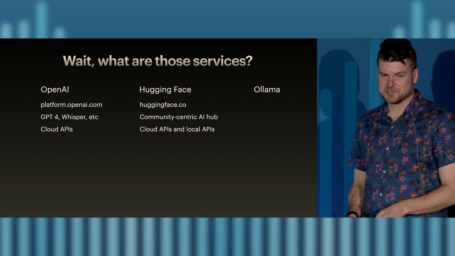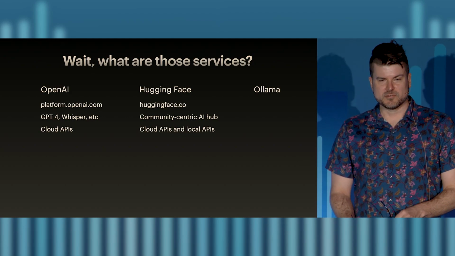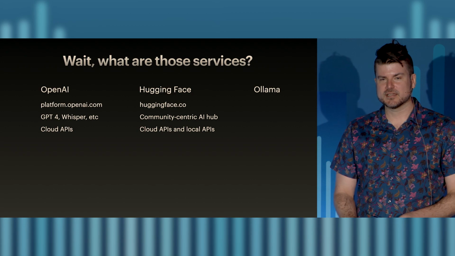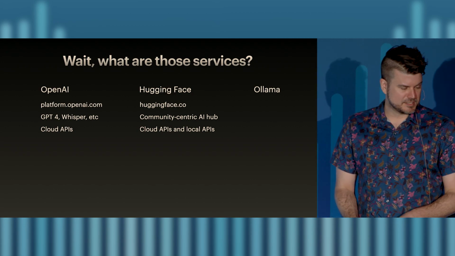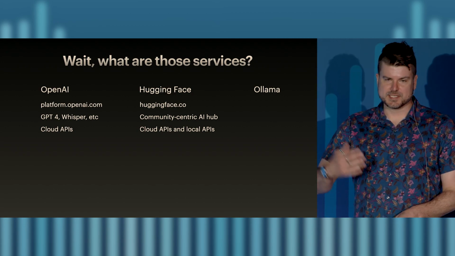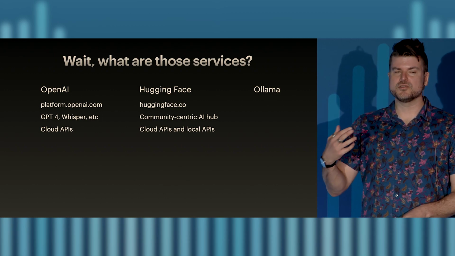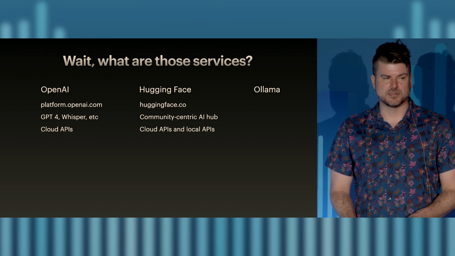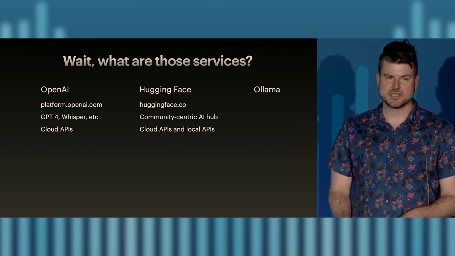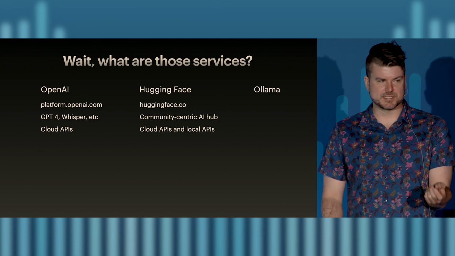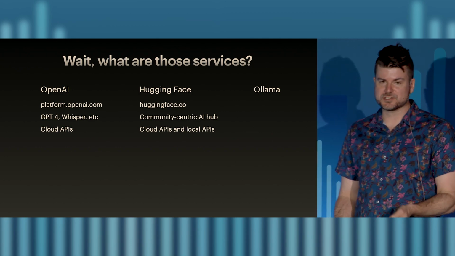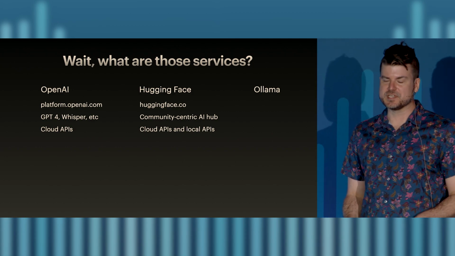And their cloud APIs. Why am I calling that out? Because compared to Hugging Face, which is a community-centric AI hub, I've heard it referred to as the GitHub of AI, you can go there and get models and data sets and all kinds of cool stuff. They offer cloud APIs, but you can also run this stuff locally. There's a library out there called Transformers.js. I'll link you to a podcast with the person who created Transformers.js that really gets into the weeds on that stuff.